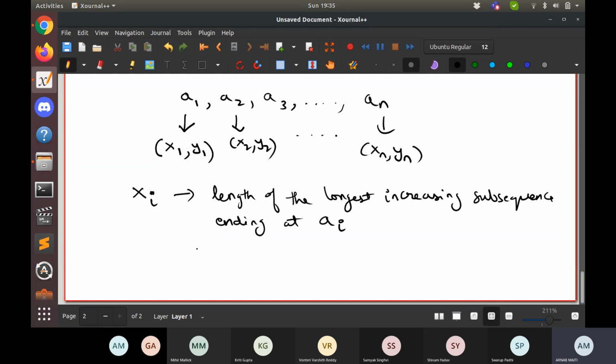So if you look at the part of the sequence A1 to AI, what is the longest increasing subsequence which ends at AI? That's xi.